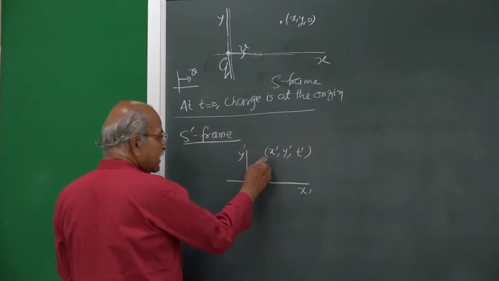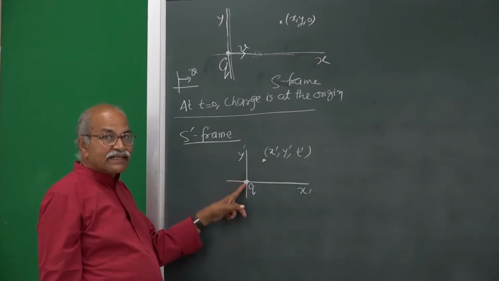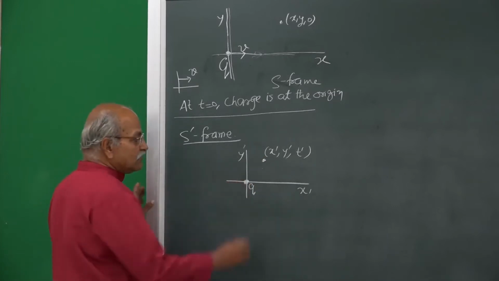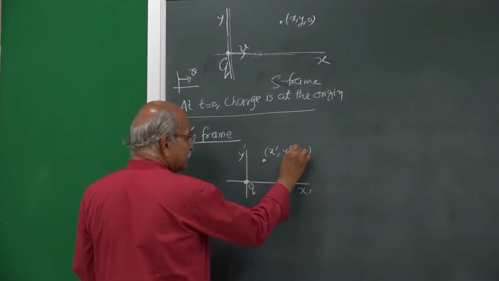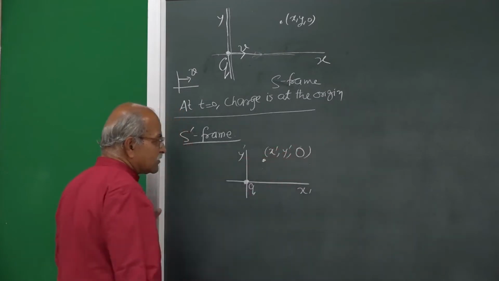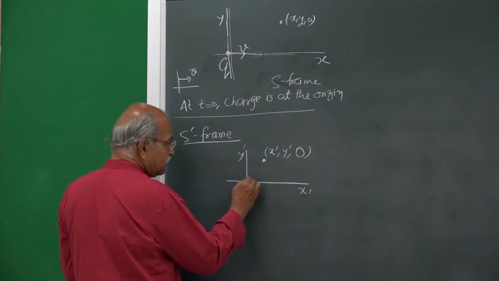So, at this point you know what the electric field is, because now the charge is stationary, the charge is not moving. So, if this is x prime, y prime and not t prime, let me write 0, t prime will be time coordinate. So, here the field will be radial,